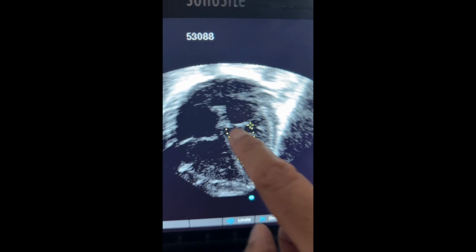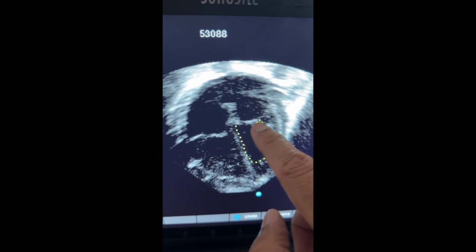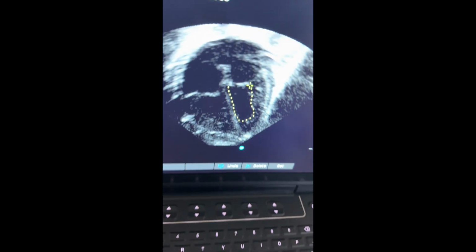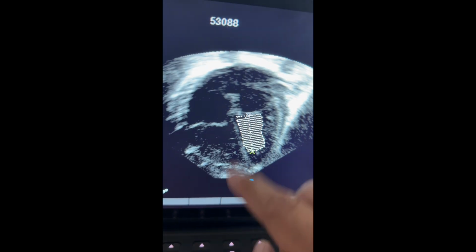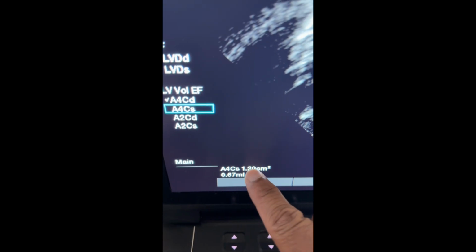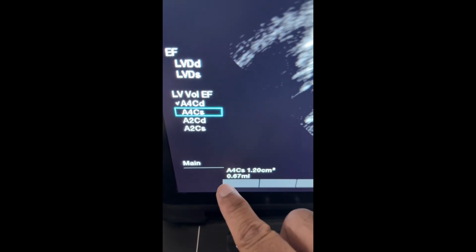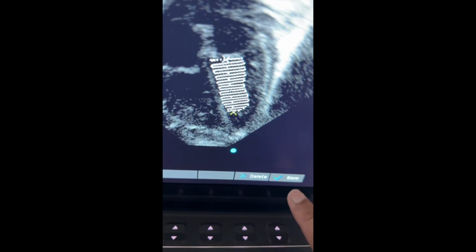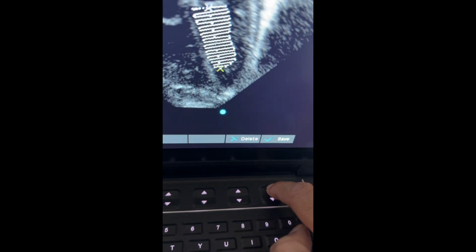So again, I will not go beneath the mitral valve. Once I press on the select button again, you can see that this area has been demarcated, and it has given a calculation of 1.20 centimeters square. The volume calculated is 0.67 ml. This is the save button. I press on the save button,